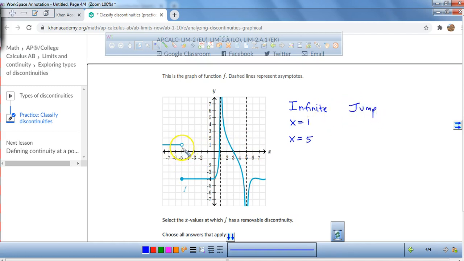at x equals -5. And we're going back to the 80s for jump